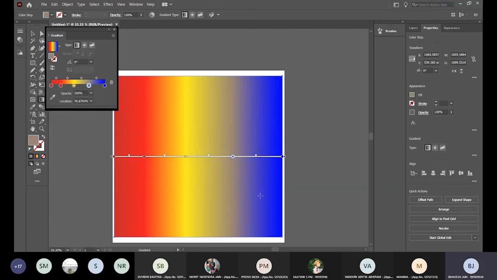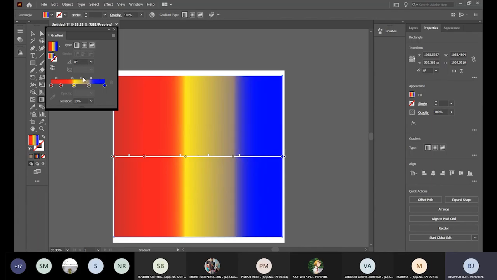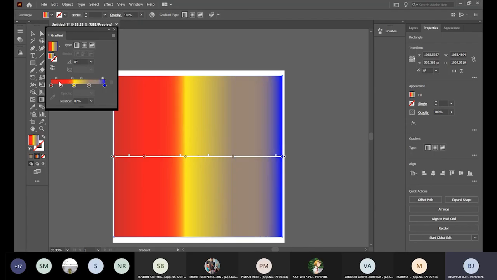So you can see now that I've added multiple colors, but there's a smooth transition. Now if I want to make a certain transition very harsh, I move this slider there. So now the transition between red and this yellow is very, very sharp. So it's like suddenly red is ending and another color starting. And the same I can do for blue. And if I drag it all the way here, it's a much smoother transition that you'll see. And you can delete colors from between if you want.